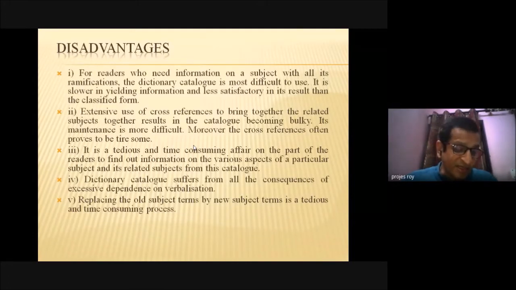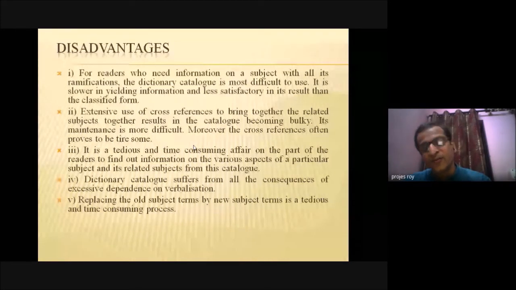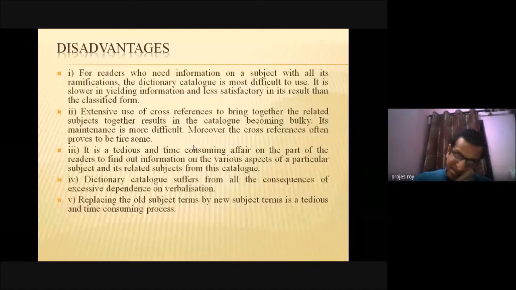Somewhere you have written corona, somewhere you have written COVID-19. So you need to create a lot of cross-reference entries, because you have to tell people that this means that, this means that. Somewhere you have written Premchand, and in some places you have written the nickname. When you are making people aware that this is Premchand and this is Dhanpat Rai, both people are the same, you have to create cross-reference entries for that.